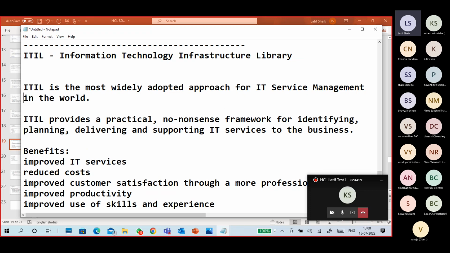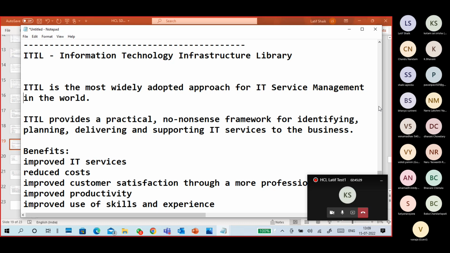ITIL is the most widely used in the world. Guys, again, what is this ITIL? ITIL is a process. It will tell you how to follow a process, how to do a task, kind of stuff. If anyone is from a CSE background or IT background, or has learned any computer software,